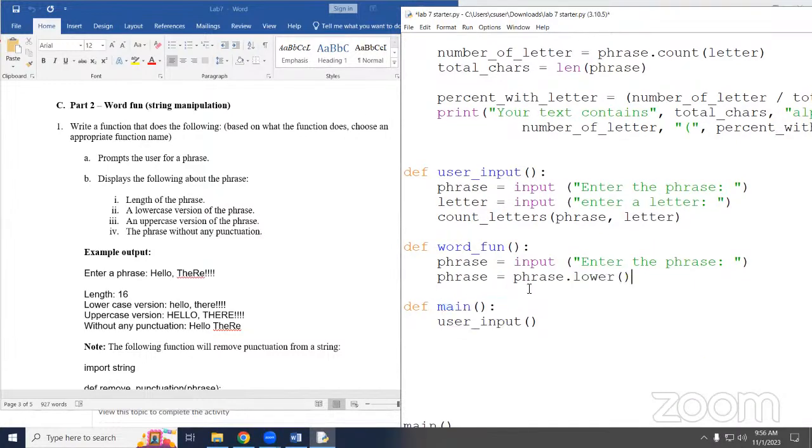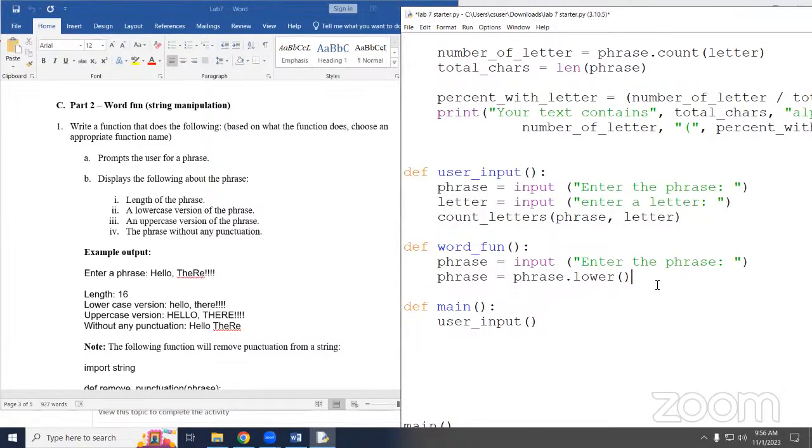and paste it. And why am I asking the user again for the phrase? Because it's a different phrase. It's not going to be the same phrase that we used in the other one. We want a different phrase. So this is one case where you would repeat lines of code because you're not doing the same phrase. If it's clearer to you, you can give it a different name. You can call it phrase 1 and phrase 2 on your variables, but the computer doesn't care because they're in different functions, so you can use the same variable